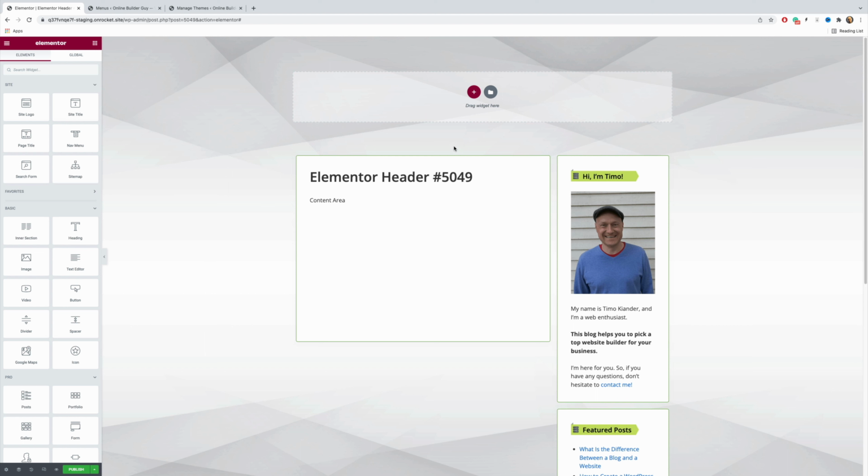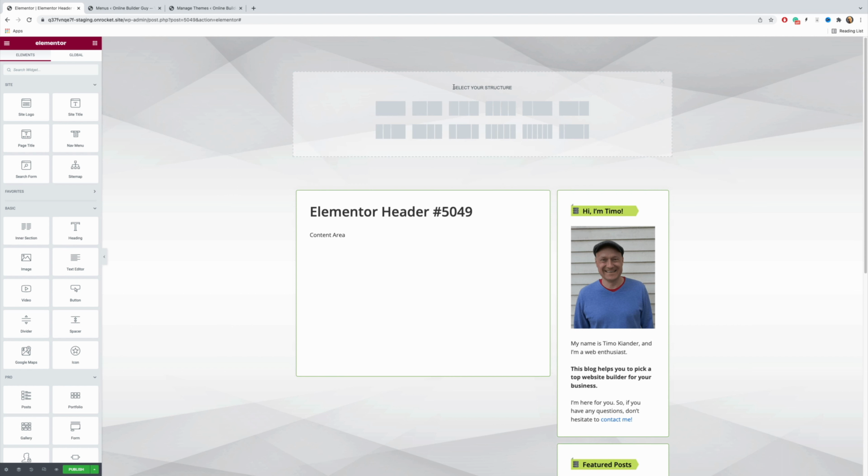and you will then start working with your own header. And the first thing to do is to click on this plus sign, meaning this is an add new section icon. But when you click that, you will see different structures that are available to you. And we are going to build a header which has three sections. We have the logo here on the left, and in the middle we have navigation, and on the right we have a search bar. So it's quite natural that we then choose this particular structure. So let me just click this one,